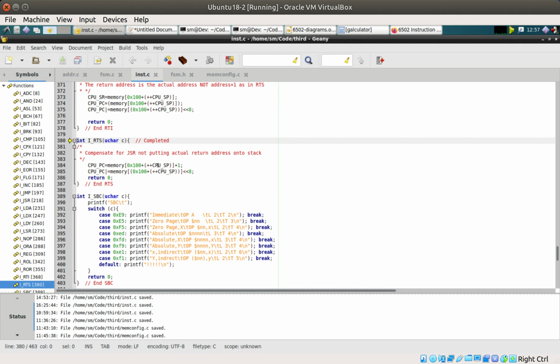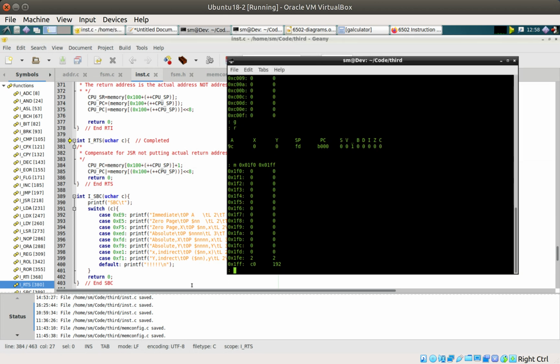So what happens in the RTS instruction is the RTS here takes the contents of memory at the stack, so it takes that bit of the stack, and notice the pre-increment on the stack there. The pre-increment says increment the stack pointer before I do the instruction. There's the difference. So the stack pointer will now point to FE, which is right, because if we look at our stack again at the moment,